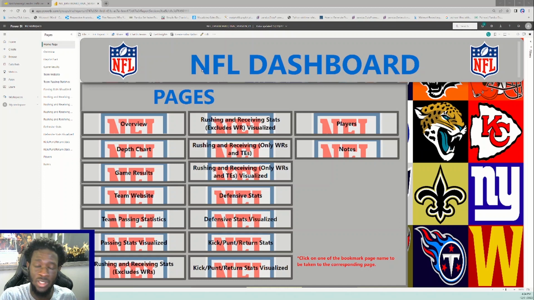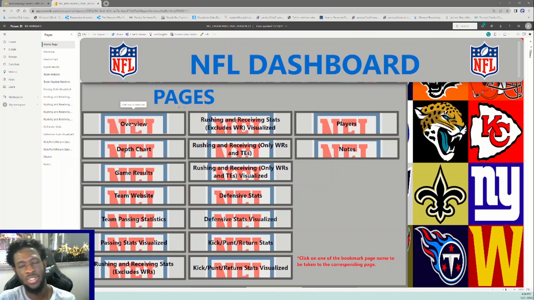A lot of rework was done when it came to the stats, and we're going to see that very shortly here. So right now I'm on the Power BI service, and just like in the desktop version, you are able to click the bookmark and head. Okay, here we go. All right, so like I said, we still have the bookmarks where you can click to it, and it'll take you where you could click on any button here, and it'll take you to the corresponding